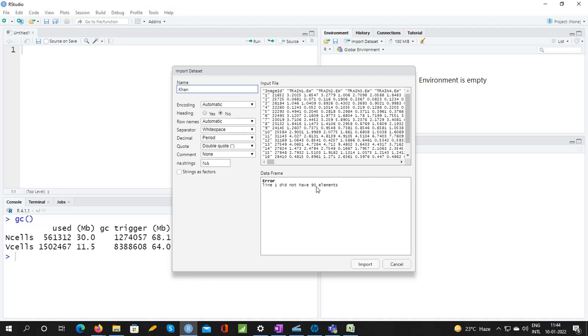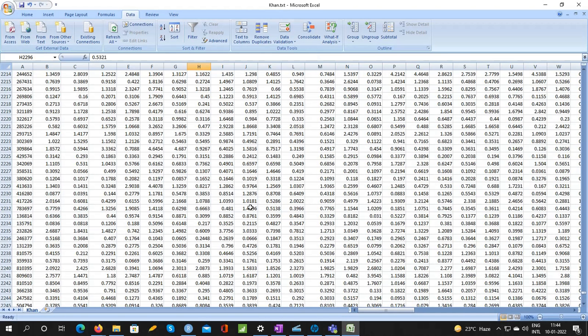I'm having an error. What could possibly be the reason for the error? The first column is 1, 2, 3, that's correct. I have not saved this yet.